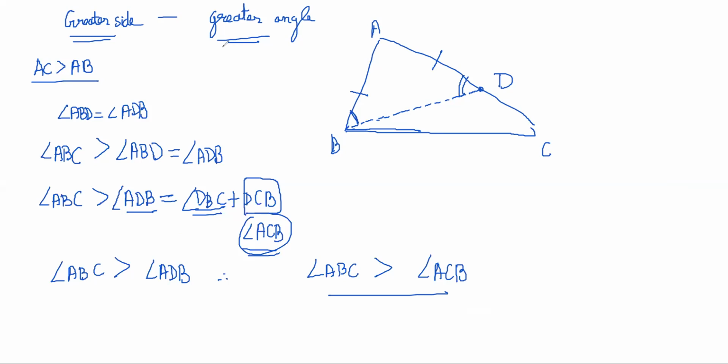Therefore, we have proved the opposite assertion also, that greater angle has greater side opposite to it. Because we can prove that by contradiction like we did last page, right? Yes. Okay. So this was a geometry proof.